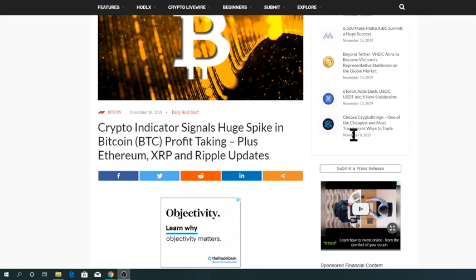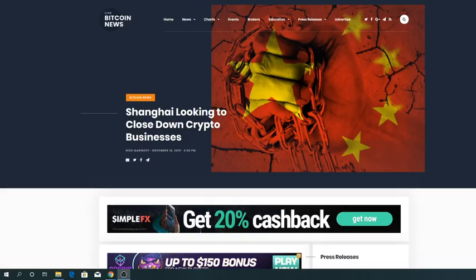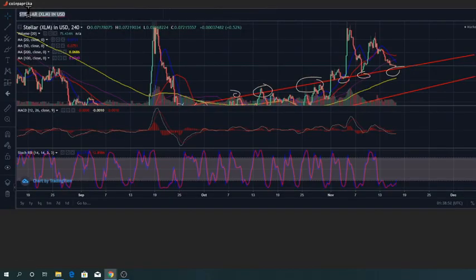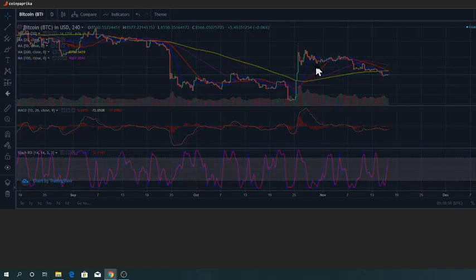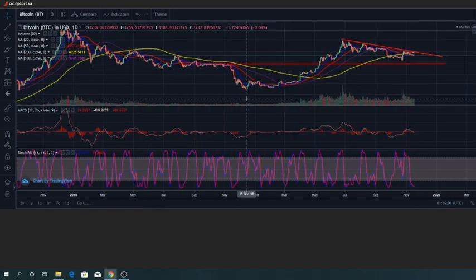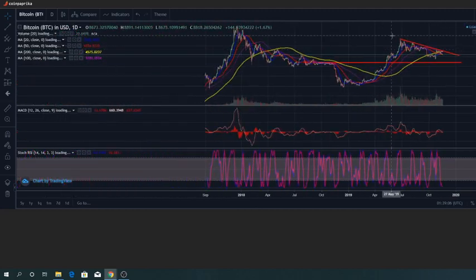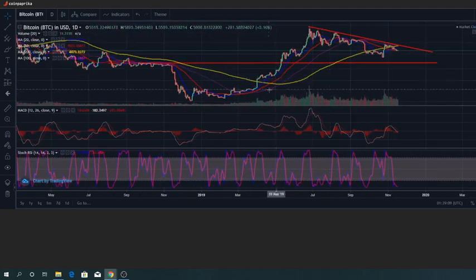But what I personally think is, look, the price actually went from 3,000 to around 14,000. So just to compare that, say we are looking at Bitcoin on a daily chart, we can actually see this. The price went from around 3,000 and it went and touched 14,000. Now say you're someone who got into the train somewhere here around 4,000 or 5,000, the price is now around 8,000. So yeah, it doubled your money. But if you were to take your profit around 10,000, 12,000, 13,000, 14,000, it would be a different case, right?